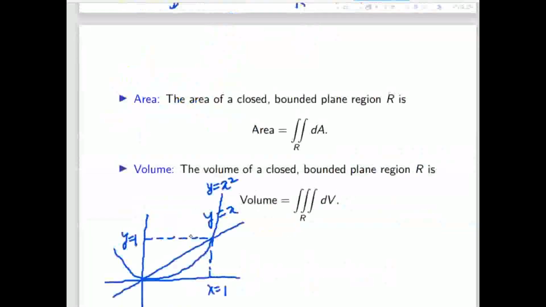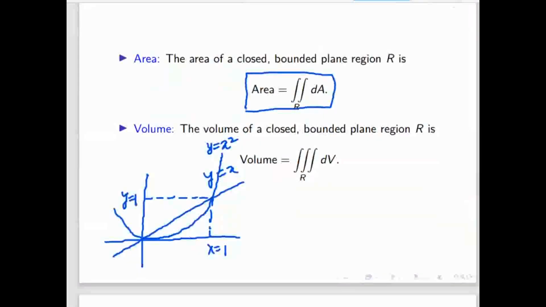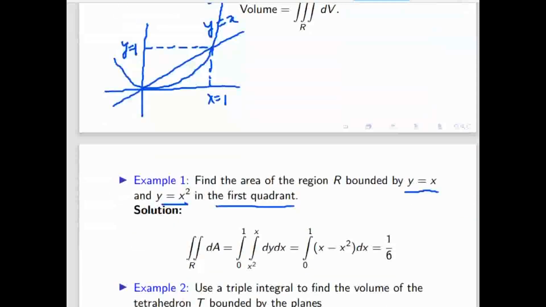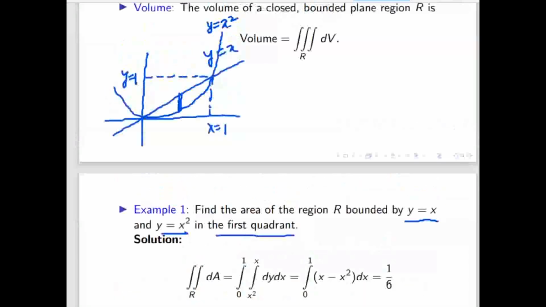In this region, we have to find the area. The area formula is this one. You have to double integrate this with respect to this region. That means we have to find the limits. So tell me, do you want to take a vertical strip or a horizontal strip? Based on that we can calculate the integration. Vertical. Okay, suppose I choose vertical. Vertical means this one. So at the bottom, what is the limit? What is the value of y? x square, because at the bottom this is the curve y equal to x square.